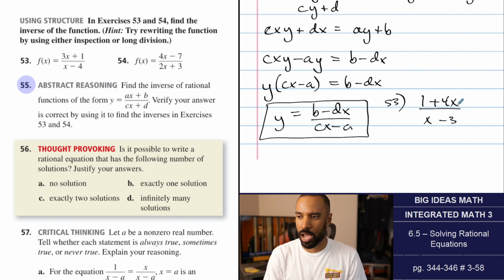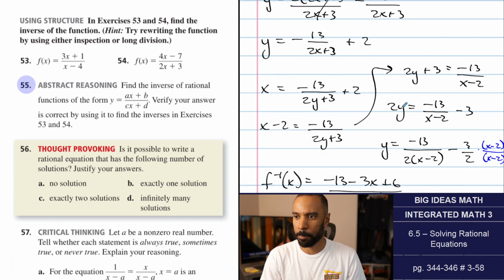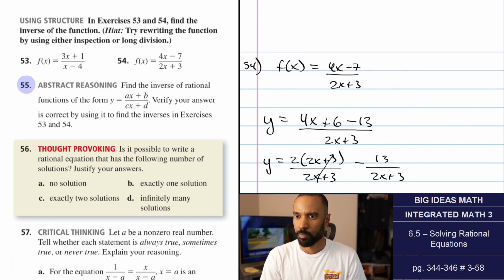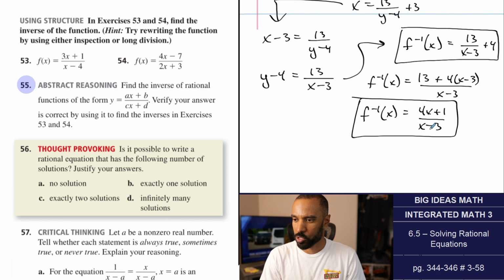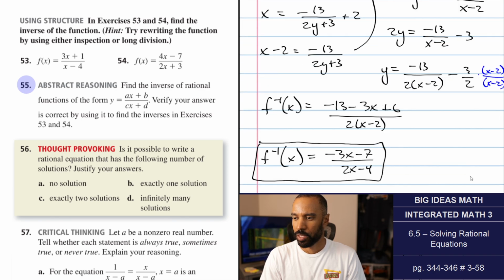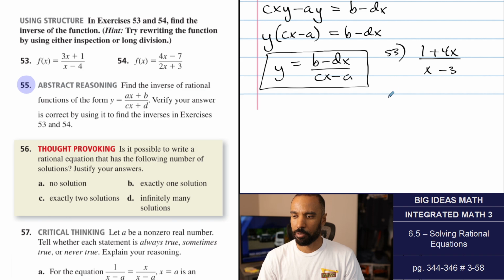So is this the answer we got? 1 plus 4x over x minus 3? I probably would have written 4x plus 1. Yeah, 4x plus 1 over x minus 3. So that's the same. And the other one, number 54,